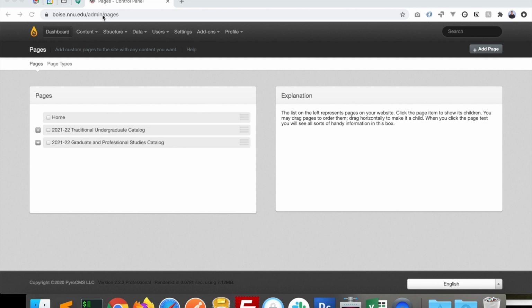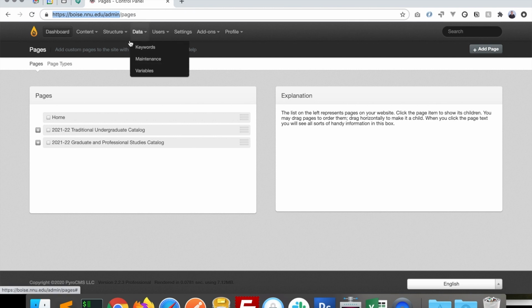You'll notice my URL is set to boise.nnu.edu/admin. That's where we always go to edit the catalog for the next year, and that's where you will go to make changes to the catalog for 2021 and 22. I had to think about that for a second. Okay, now I've already logged in